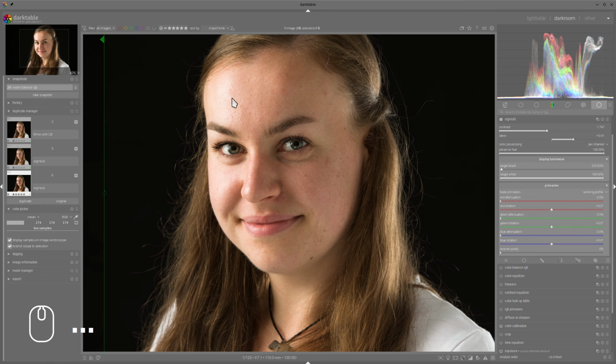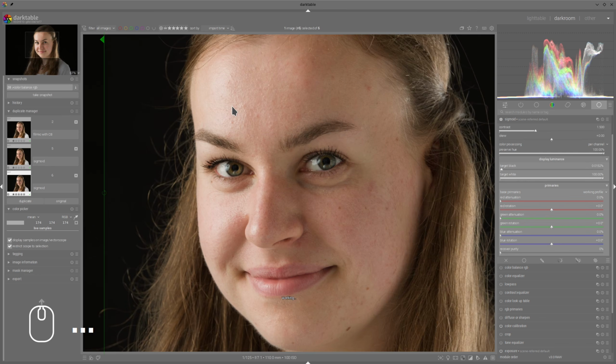I'm adding contrast in the highlights, and also I'm gaining a little bit of saturation there. So there is a trade-off between those two possibilities. But what you also can do, and that's the main reason, let's go back to the default version. The main reason why we're using the